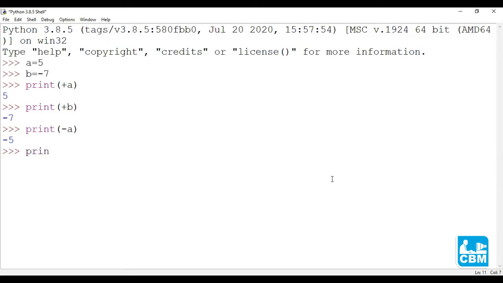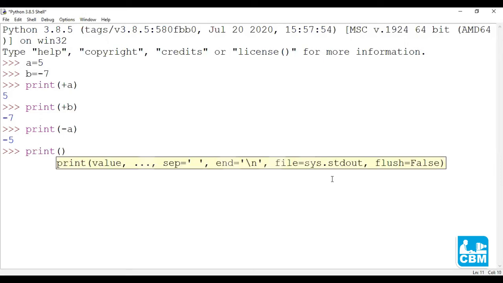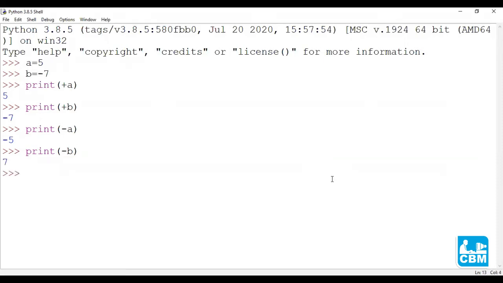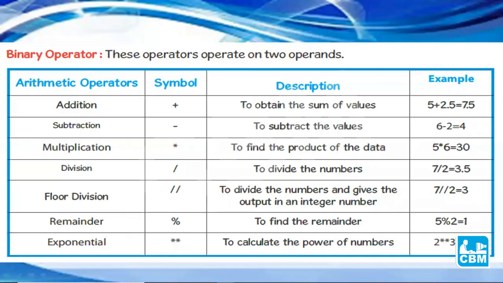Now print -B should give me +7 as the original value of B is -7. So this is how the unary operator works. We have seen how the unary operator works on a single operand.